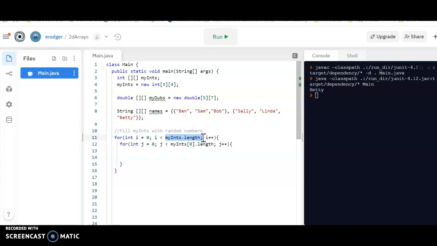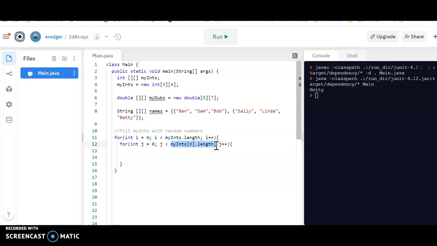When we do myInts[0].length, that's saying, tell me the length of that first array in the array of arrays, which is really confusing,